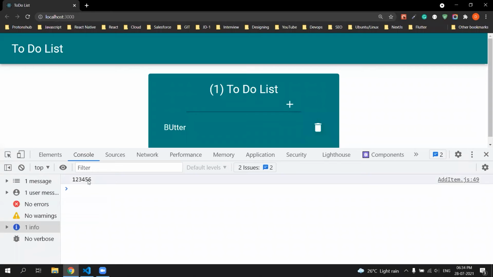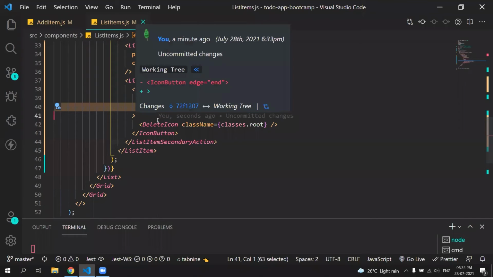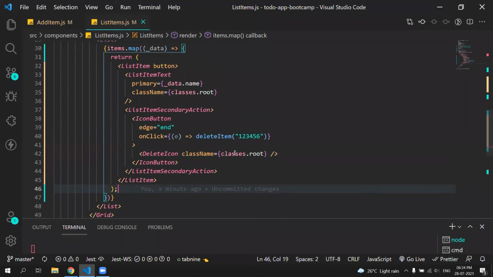If I click, I am getting 123456 in add item, and we are clicking this in our other component which is called list item. So this is how props work. This is how you can pass data from one component to another. I hope you guys understood how we can pass props, and how we can pass functions as a prop. Now let's write the delete functionality.